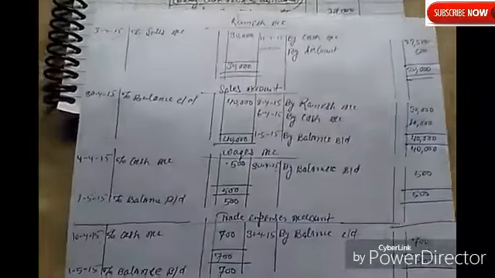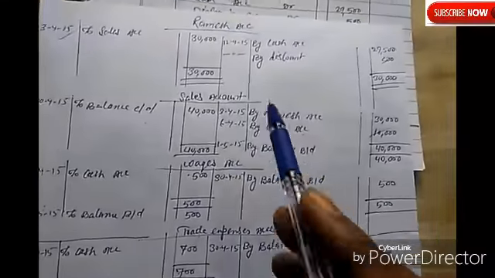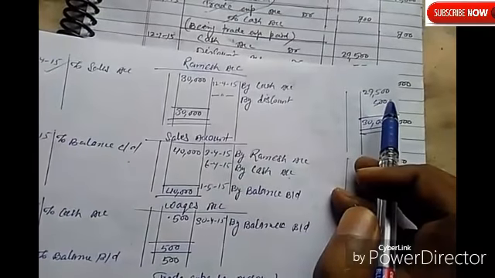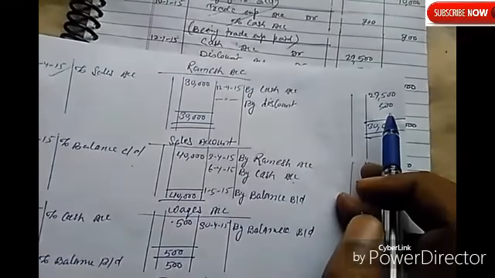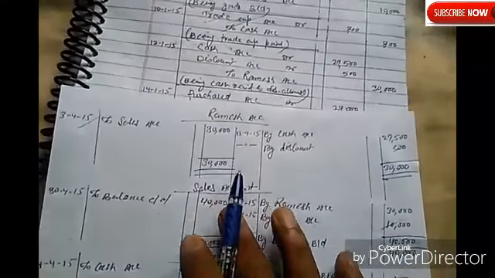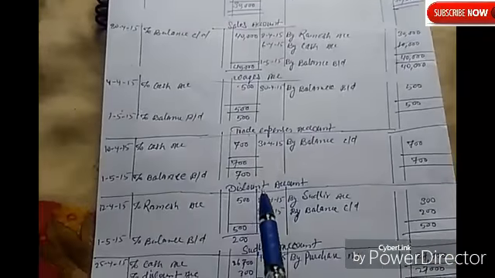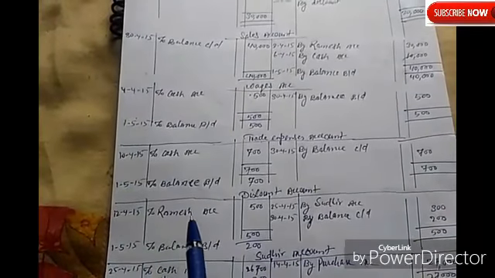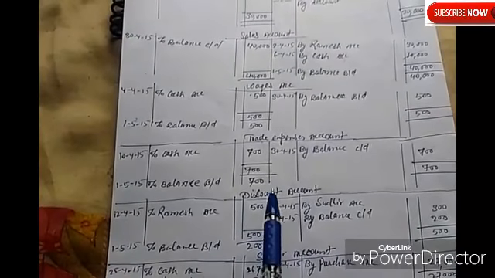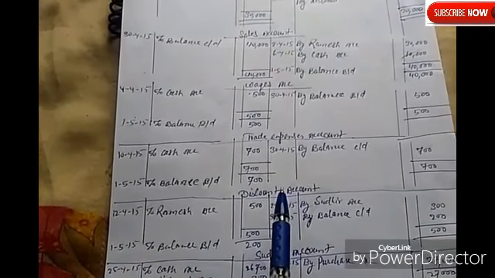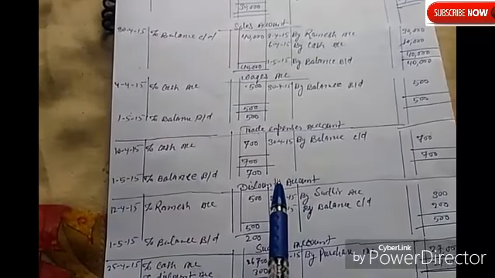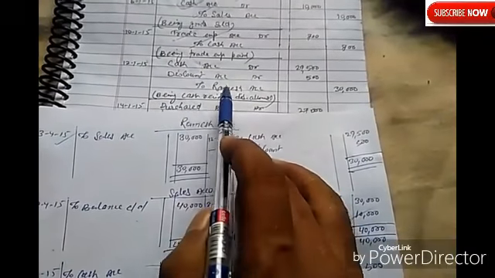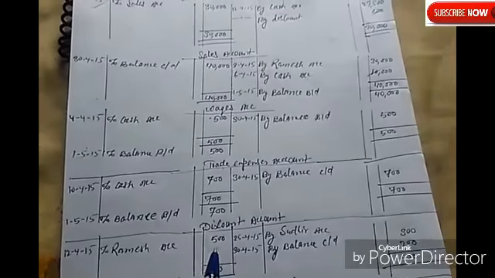Okay, now see the other cash in the Ramesh account. In the Ramesh account, by cash 29,500 and by discount 500. Okay, now see another discount account here, on 24th April, Ramesh account debit 500. Because discount is on the credit side, that's why instead of discount we will put Ramesh on the credit side for 500.